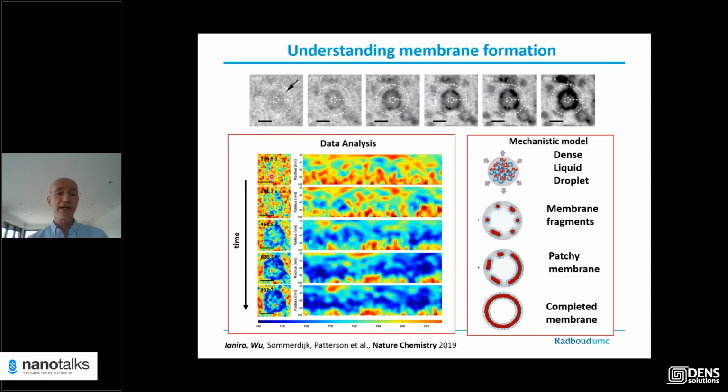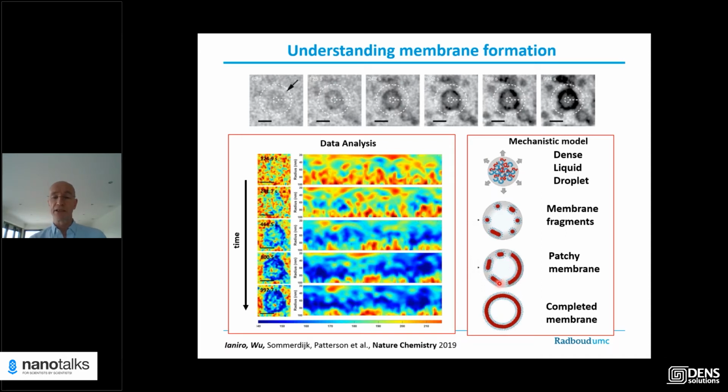And here we see another way in which we depict what is happening. We see a droplet forming, and the droplet will get an enrichment of the membrane forming component at the edge of the droplet. So in the end, we can conclude that we have a dense liquid droplet, which is rich in polymer compared to the solution, and in which the polymer is actually assembling at the edge, forming micelles and linear micelles